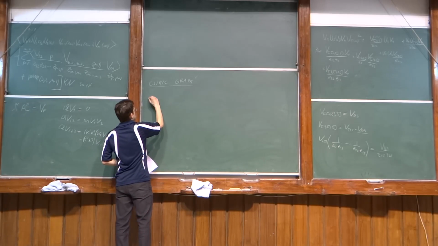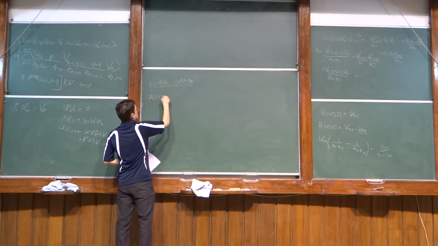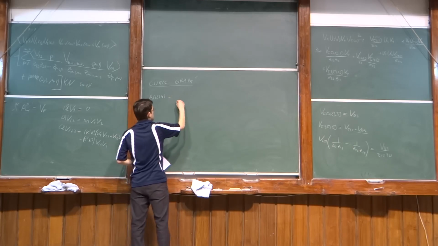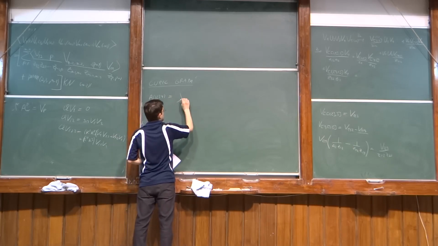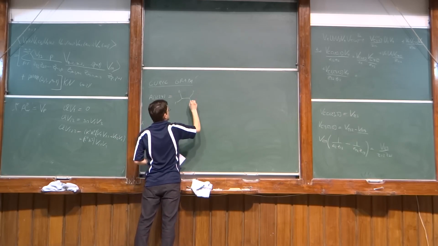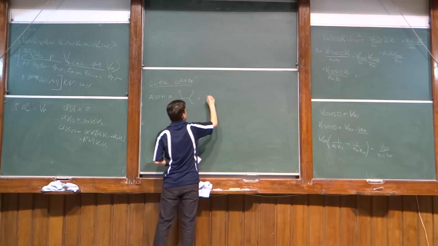So, for example, the 4-point amplitude with this color ordering, you write it as something like this: 1, 2, 3, 4 plus